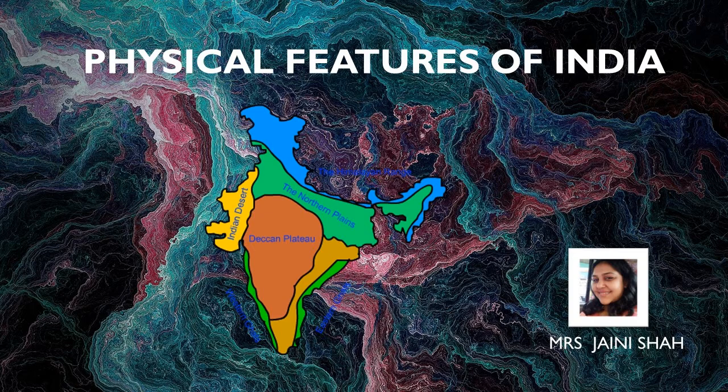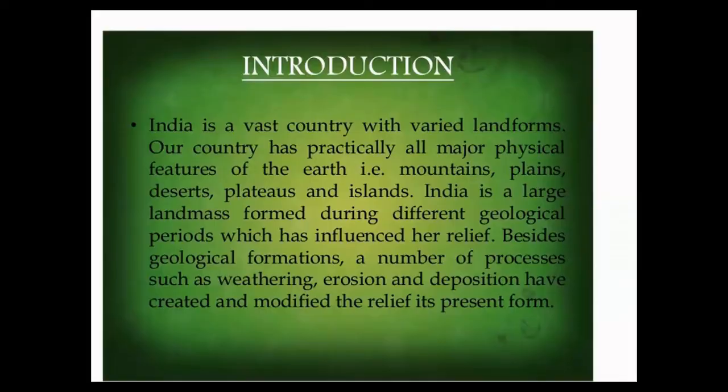India has lots of physical variation. Geologically, the Peninsular Plateau is one of the ancient landmasses on the Earth's surface. It is supposed to be the most stable land block. The Himalayas and the northern plains are more recent landforms. So if you look from the geology point of view, the Himalayan mountains are an unstable zone, whereas the Peninsular Plateau is a stable zone.